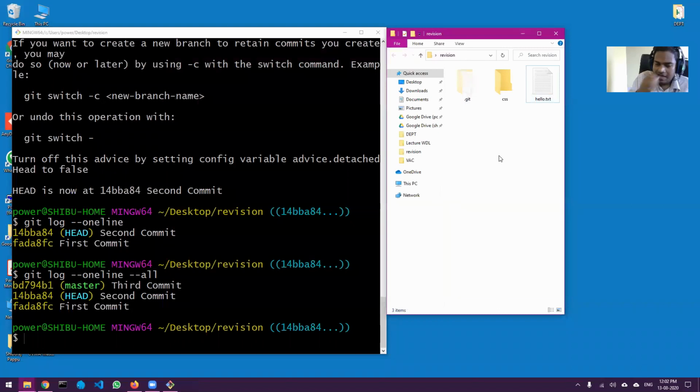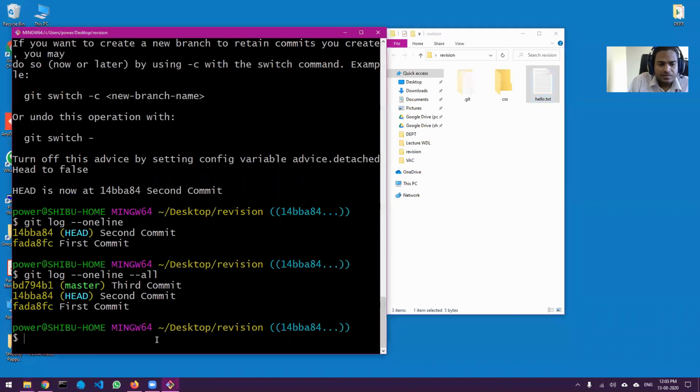Now once I am in the second commit, let's say you want to change this in some way. Obviously, another thing you can do is create a branch at this particular place. So you can do a git branch, let's call it add-to-second.